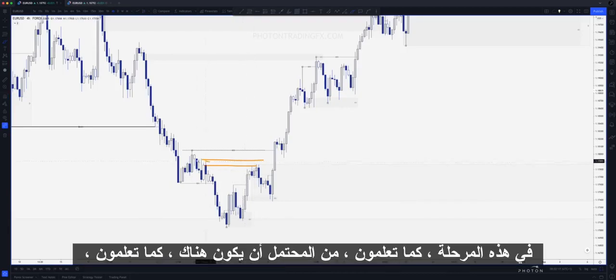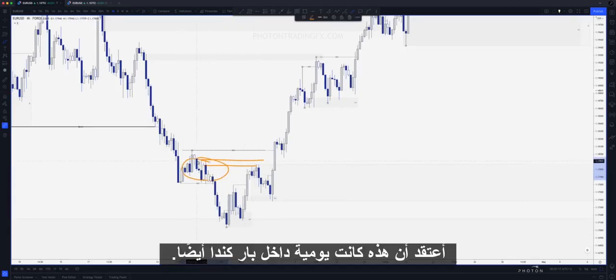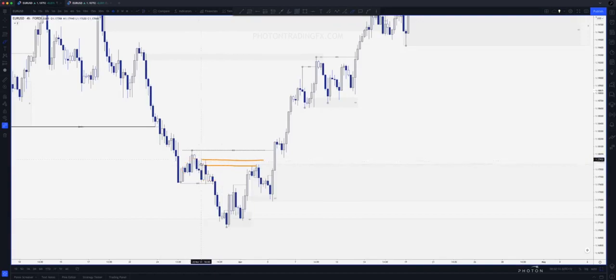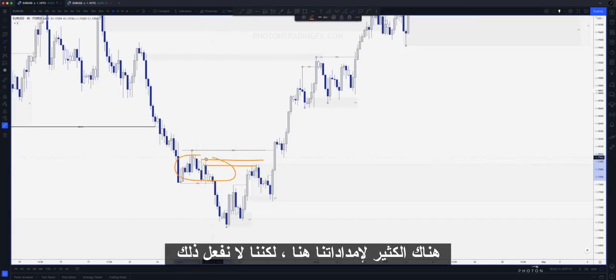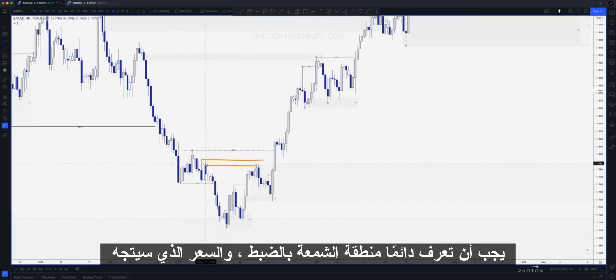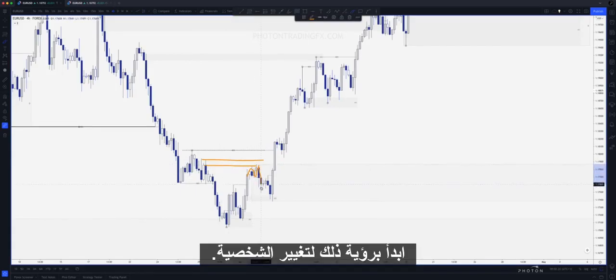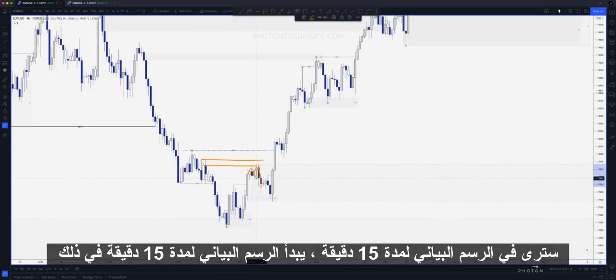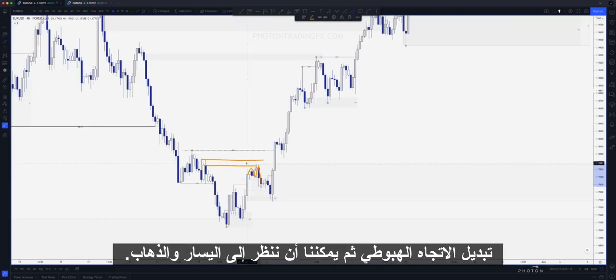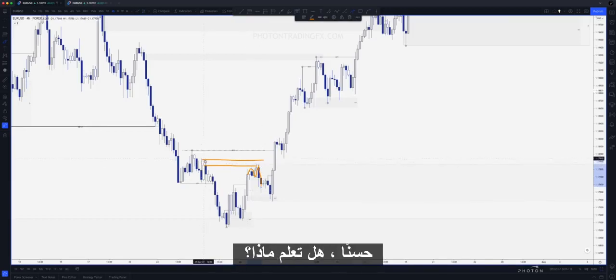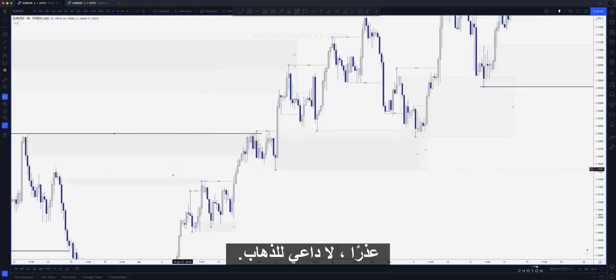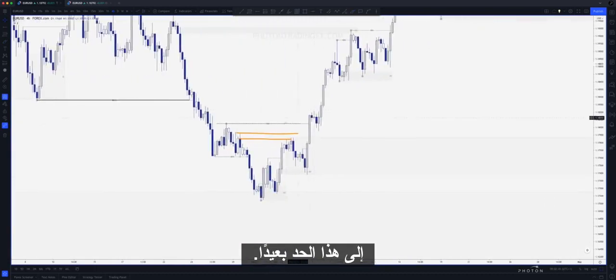So at this point, I believe this was a daily inside bar candle as well. It's likely there's a lot of 4 hour supply within here, but we don't always have to know the exact candle, the exact area in which price is going to react, because we just wait for price to show us the way. So when you start to see that 4 hour change of character, you would see the 15-minute chart starting to switch bearish, then we can look left and go, okay, well, actually,